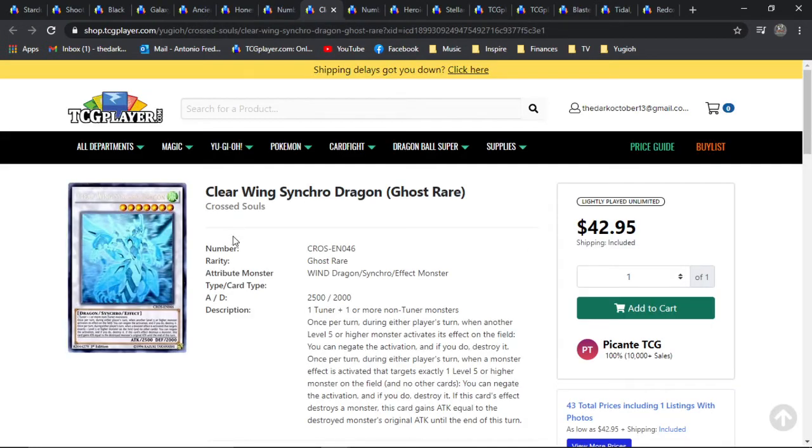Next is going to be Clearwing Synchro Dragon, from Cross Souls. So here's my spiel about Cross Souls. Cross Souls, until the Ghost Rare version of the Winged Dragon of Ra, that was the first Ghost card that was produced here in the TCG post this set, Cross Souls, this core